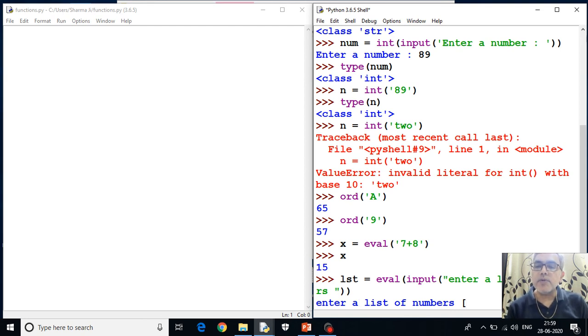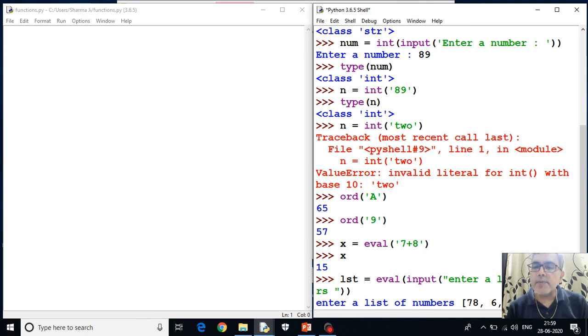How will it be converted into a list? Python will see that you have given a bracket. That means you have given a square bracket first and then you have entered the list of numbers. If you don't give this square bracket here, it won't be treated as a list.